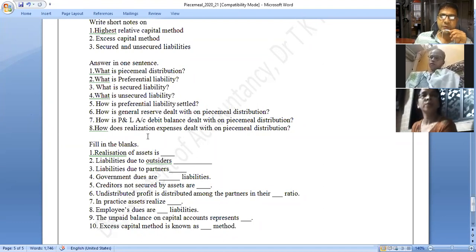Now, why are we solving objective and theory? In question number 1, there are objectives, 20 marks of objective, and question number 5 also has a theory part. We have to study the theoretical part, the objective part, and the practical part also. If you study these 3 things properly, you will score 100 out of 100. Accountancy is one of the subjects where you can easily get 100 out of 100. But practice is very important. The theory part also you have to study properly.